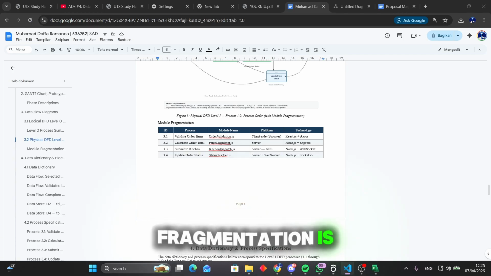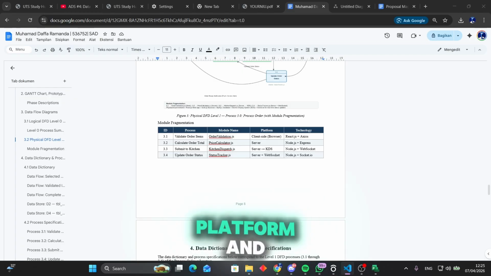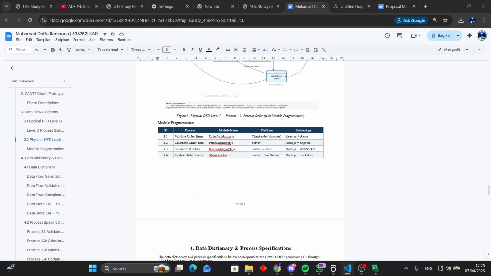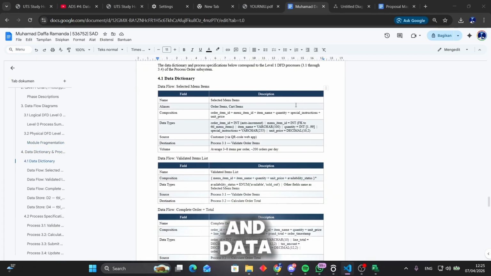The module fragmentation is summarized in this table, showing each process mapped to its specific module name, platform, and technology stack. We're going to move on to section 4, data dictionary and process specification. In this section, starting with the data dictionary, I have documented the key data flows and data stores used